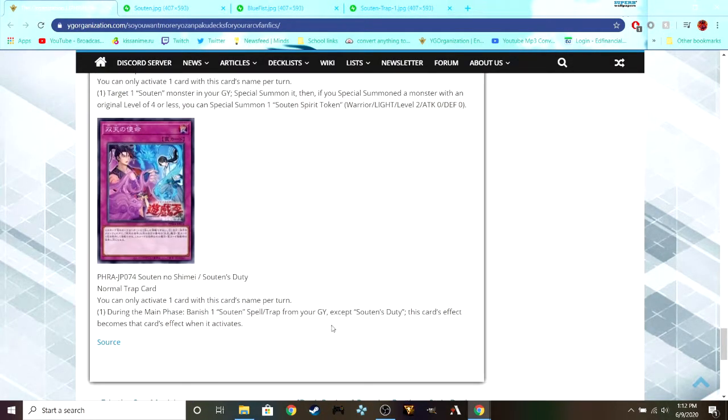And then we got the other trap, Souten Duty. You can only activate 1 of this card's name per turn. During the main phase, banish a Souten spell or trap card from your graveyard, except a copy of itself. This card's effect becomes that card's effect when it activates. Oh my god. Okay, so